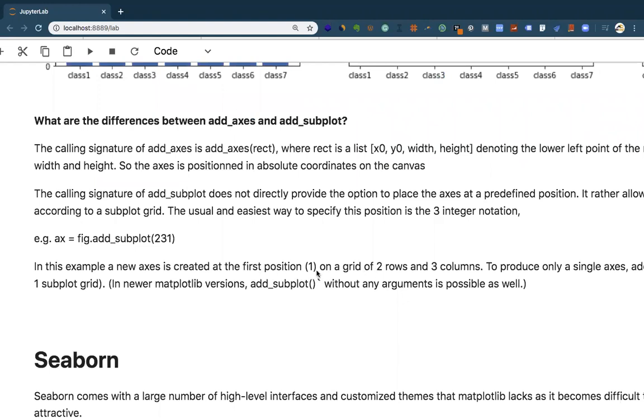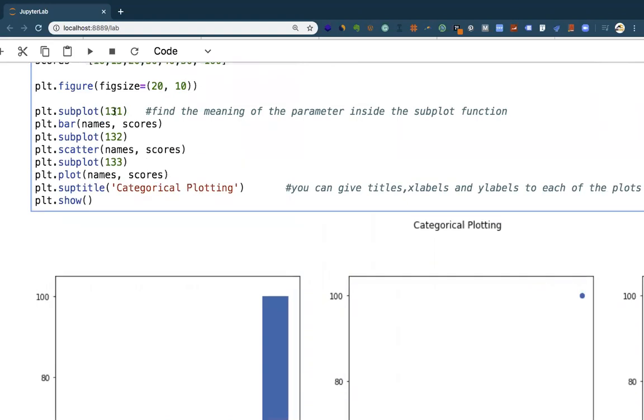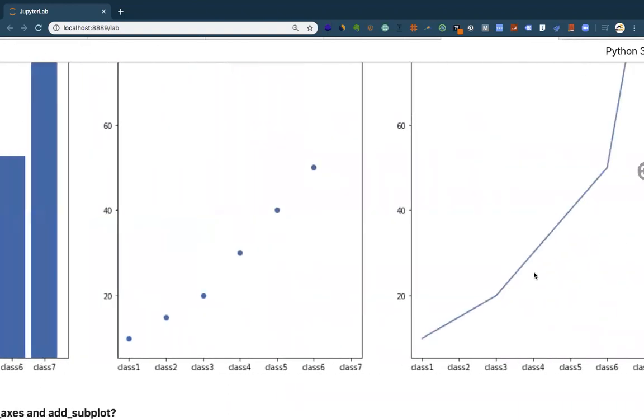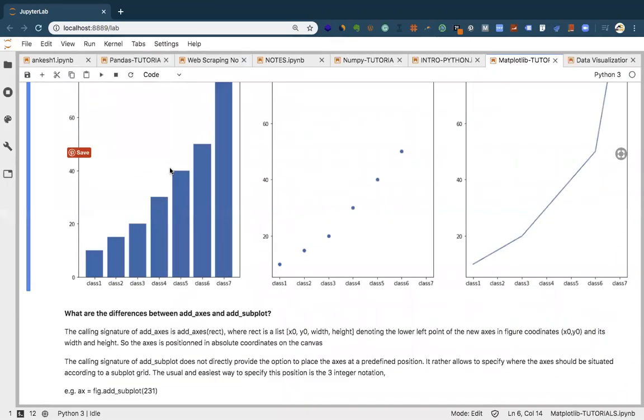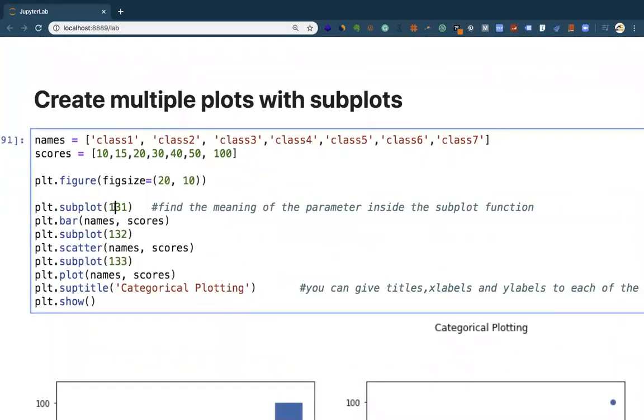position, which is the one, is on a grid of 1 row and 3 columns. So if we take this, we are seeing that we have 3 columns: 1 with the bar graph, 1 with the scatter plot, and 1 with the line graph, as 3 columns. That's what the argument is doing. And it's just one row. The first one is also showing that it's just one row. Then the last one is showing that at the first position, we have 3 columns, and then it's having only